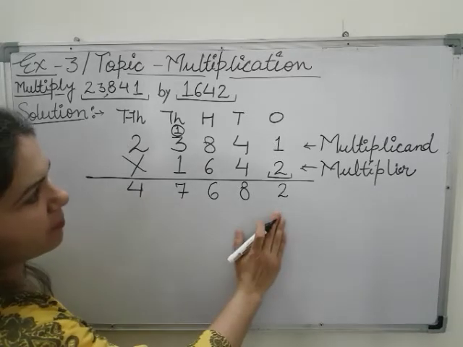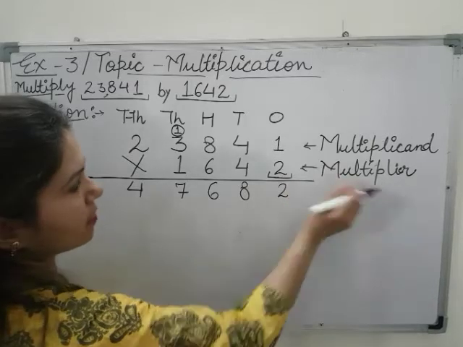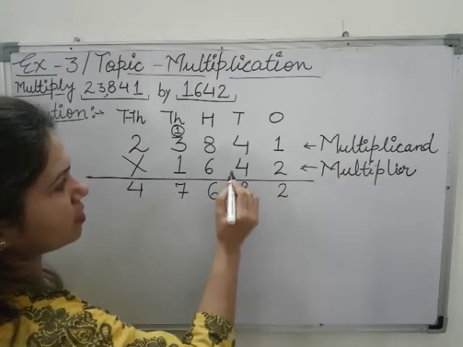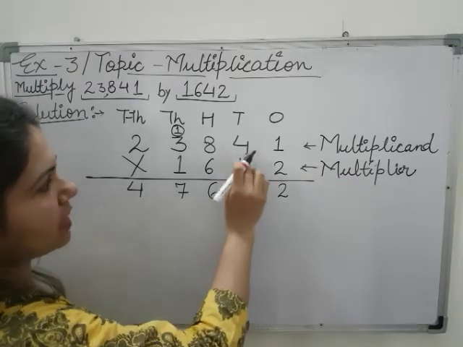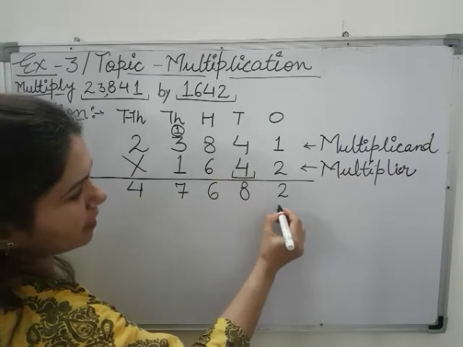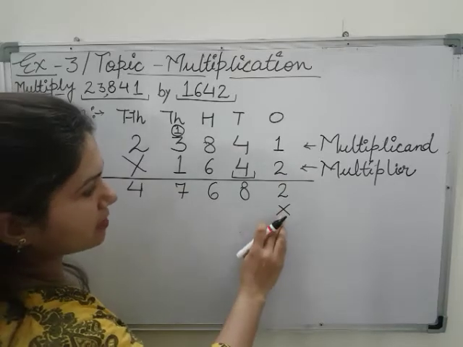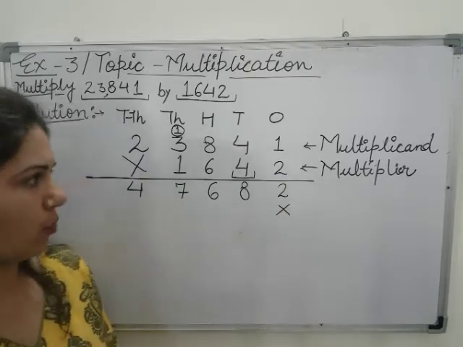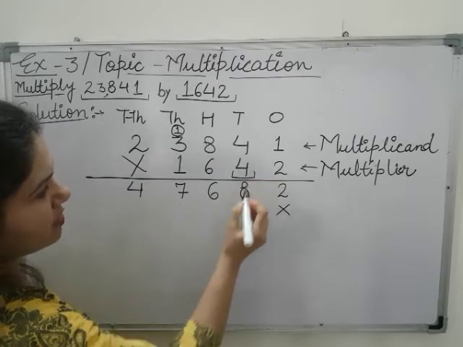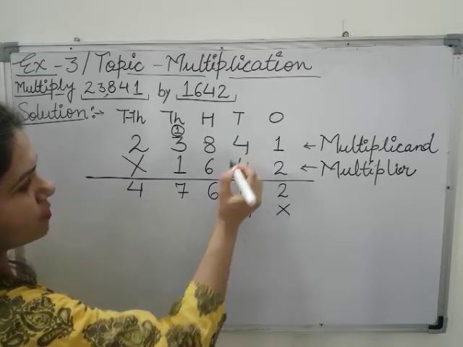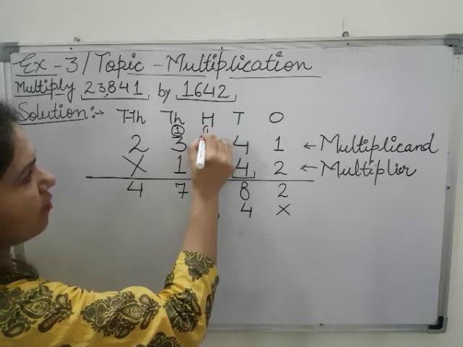Children, here we have done the multiplication with the ones digit of the multiplier. Now we go for the next digit, which is the tens digit of this multiplier. But before starting the multiplication with this digit, first we place one cross, as we have done the multiplication for the ones place, and this cross has a value of 0. Now we multiply this 4 with the multiplicand. 4 ones are 4, 4 fours are 16, 6 over here, and 1 carry which will be on the left place.